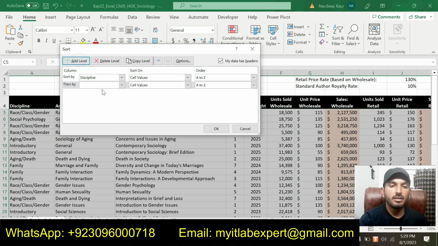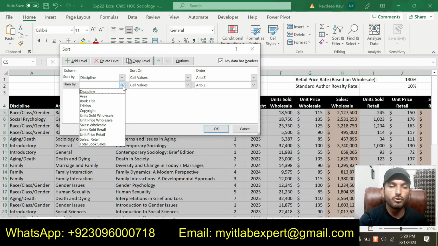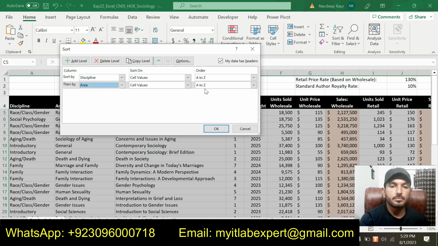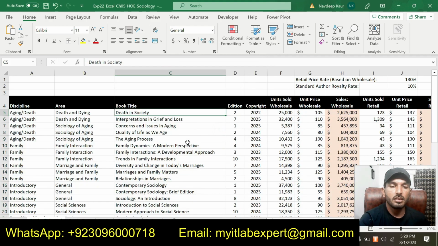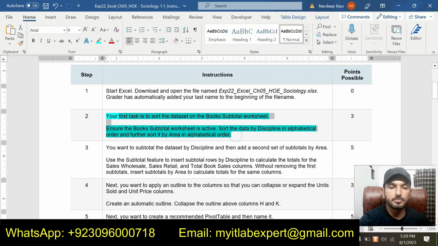So add a level, and the second level of the sort is by area in alphabetical order. So select area from here, and it should be in alphabetical order. So we have selected both sorts, just click OK, and data has been sorted by the discipline and then by the area. So that is all about step number 2 of this assignment.